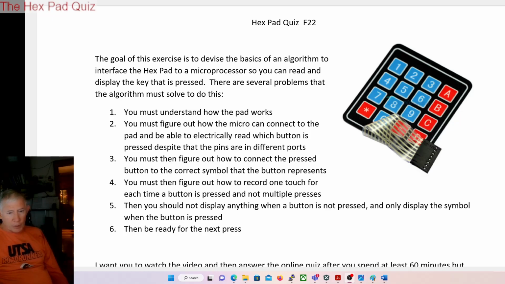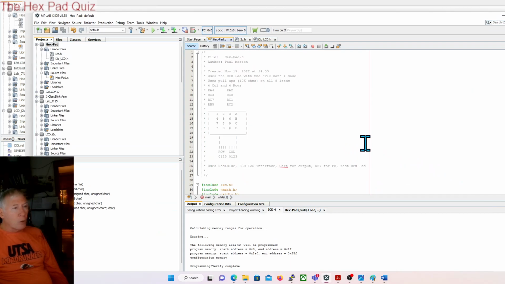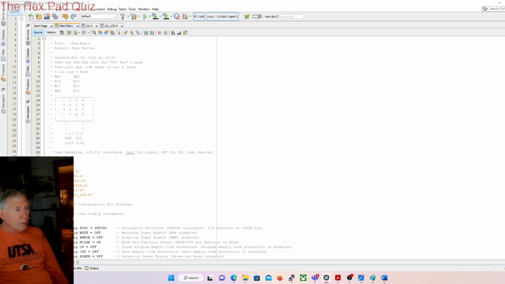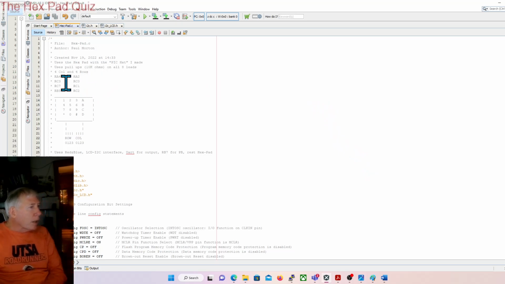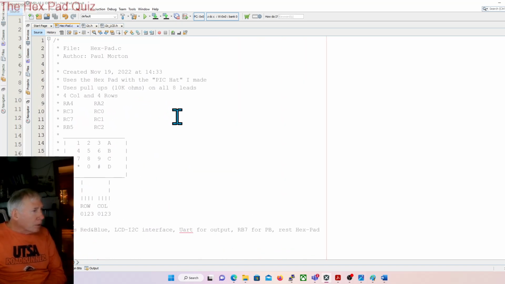Let me just bring that up here briefly. When I wrote my code, the first thing I did, I dated it, and then notice here, I very carefully, let's see, I'm going to pop this out. I don't know if I can make it bigger or not. Maybe. I think I can make it bigger, yeah. So I want you to see,